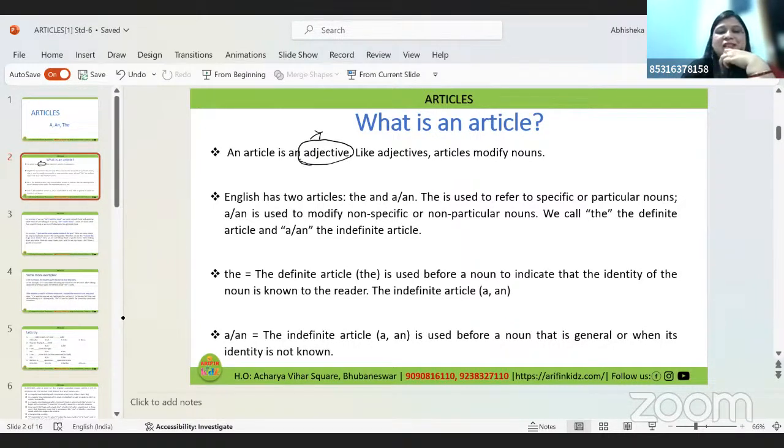We have also discussed in the previous session that an adjective is actually a modifier that describes, right? Modify means what? Changes or adds. So article is a modifier that gives something or adds something, like what? Some extra information to the